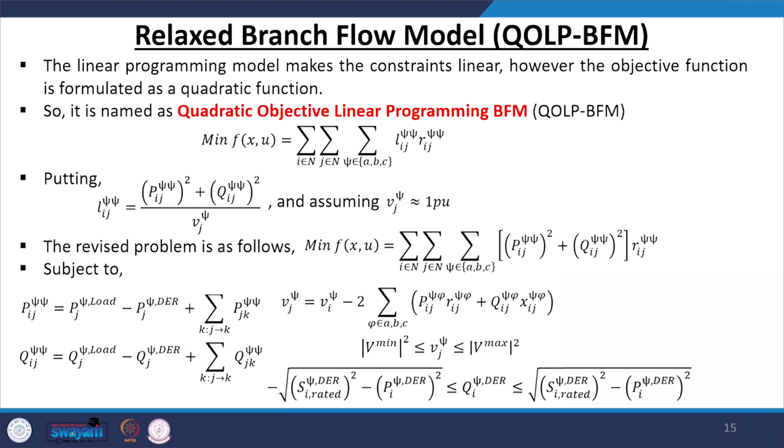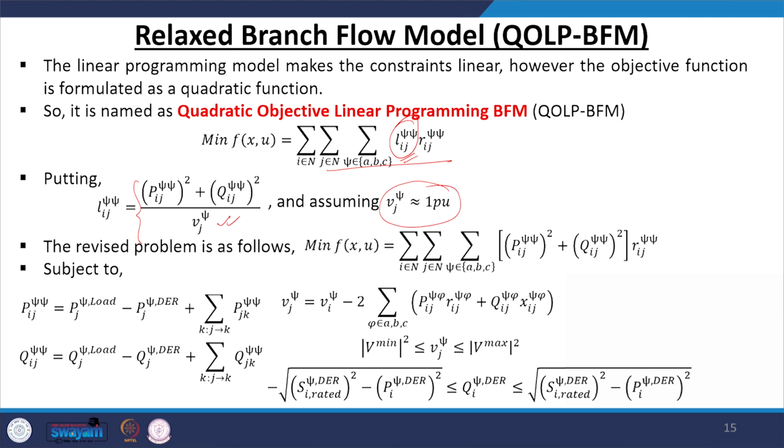Okay. Again, for your 3 phase unbalanced network, what can you do? You have your loss problem, so this current you have to get rid of. For it, you can replace this current value with this expression of power, and we are considering the separation of the phases. That means we are considering the 3 phases separately. If you put that, and consider that the voltages are nearly close to 1 per unit, then your objective function will be